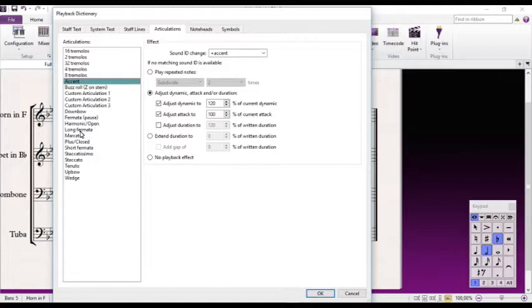I also like playing around with, where is it? Goodness. Here it is, marcato. Okay. I like it when I use jazz pieces. You know, when you have sharp attacks on your notes, all right? So sometimes I make it 200% of the attack. The attack is the velocity. I make it more than 135, you know. But you can play around with your marcatos when you do jazz pieces and stuff like that, or accents